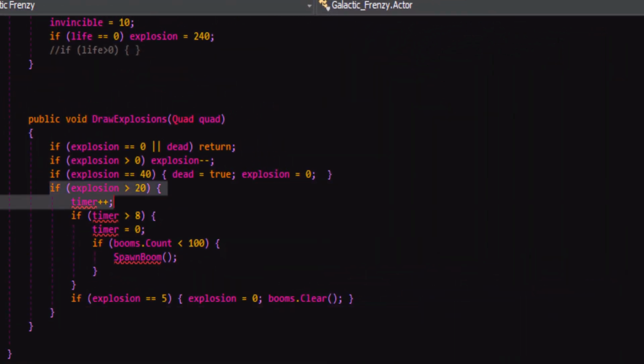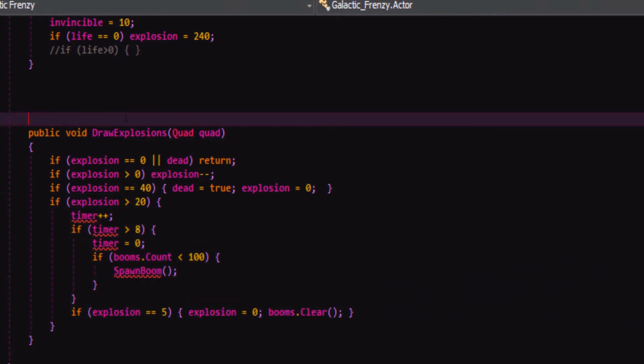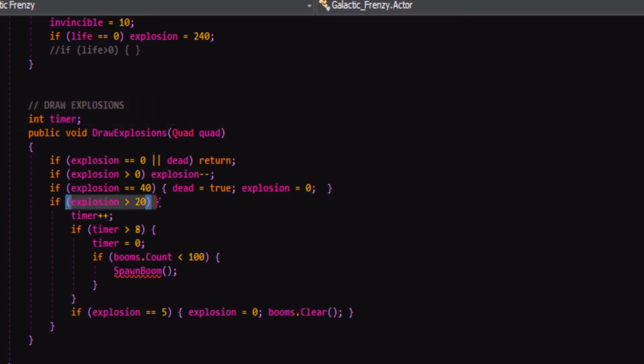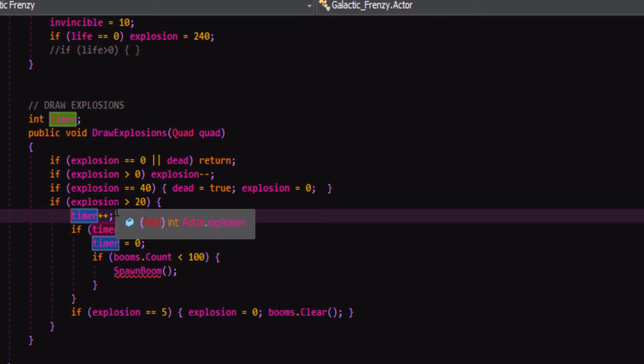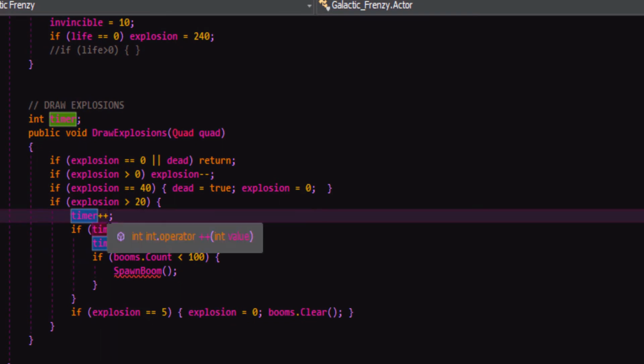So I'm adding some logic here now for the creation of explosions based on some time amount too. So let's just go here, int timer, say draw explosions. So if the explosion is greater than 20, then we're going to process this. So the countdown hasn't reached 0, and it's between 20 and 1. I have this idea that if it's somewhere between 20 and 1, we're going to create little puff explosions later on in the damage. So we're just making sure that we're only generating new explosions if it's some higher value, so that means it's the final explosion of whatever character or thing this is.